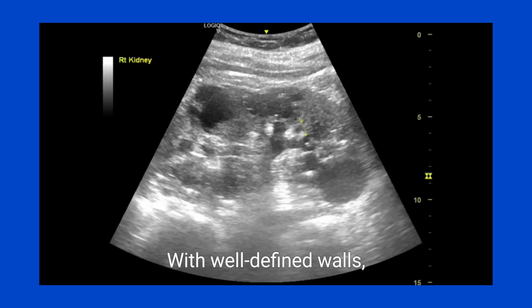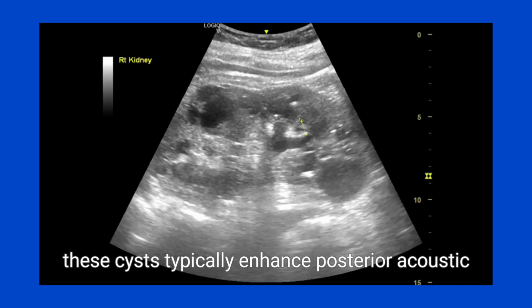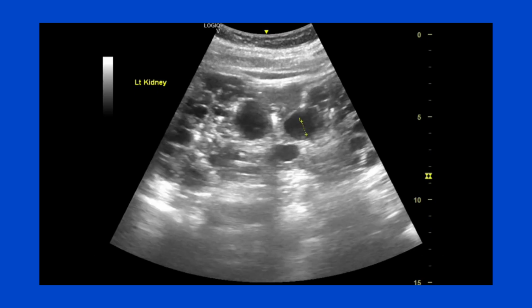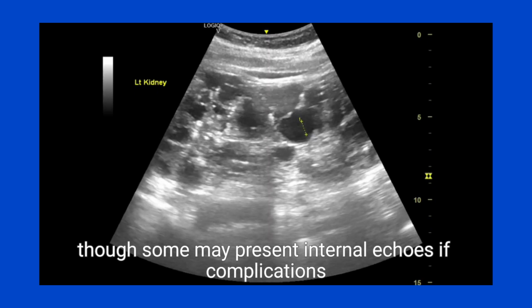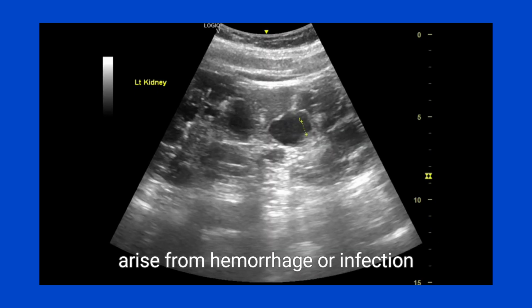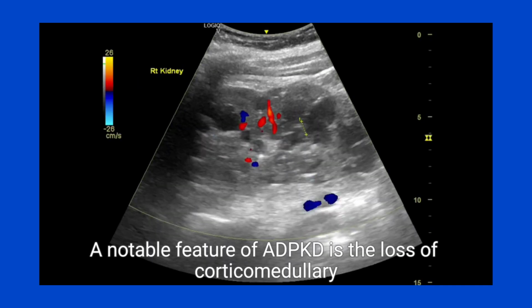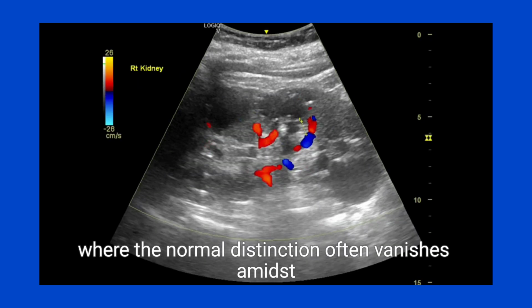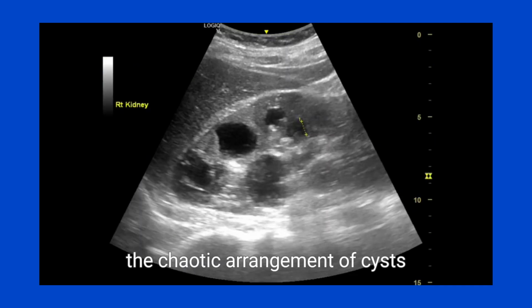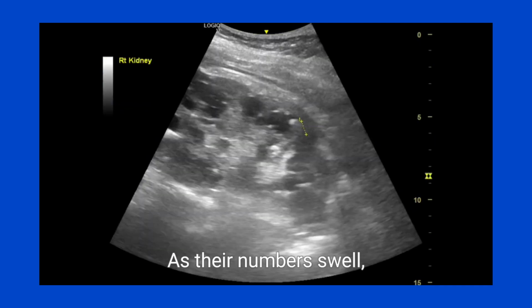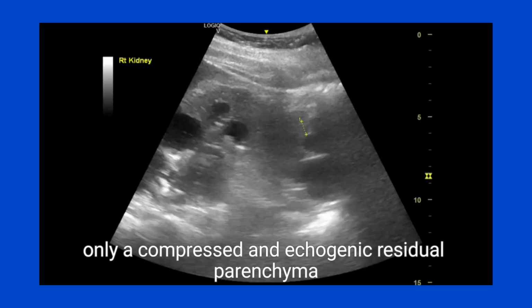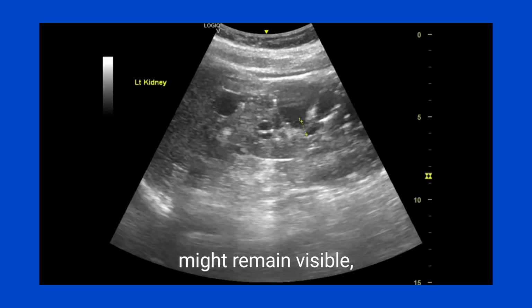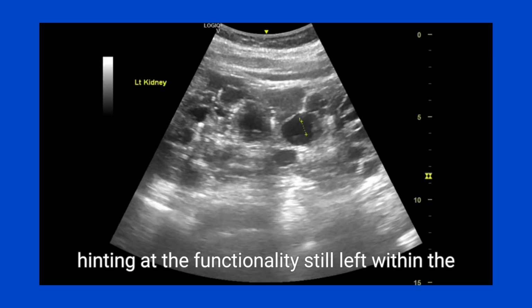With well-defined walls, these cysts typically enhance posterior acoustic signals, though some may present internal echoes if complications arise from hemorrhage or infection. A notable feature of ADPKD is the loss of cortico-medullary differentiation, where the normal distinction often vanishes amidst the chaotic arrangement of cysts. As their numbers swell, only a compressed and echogenic residual parenchyma might remain visible, hinting at the functionality still left